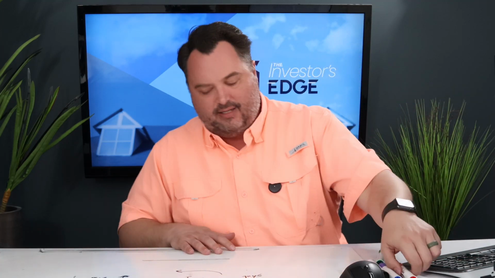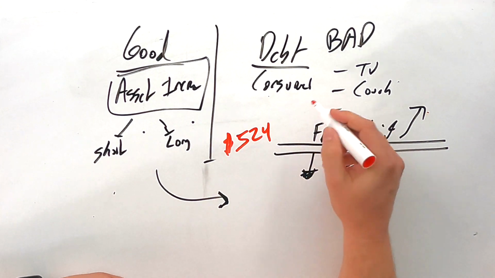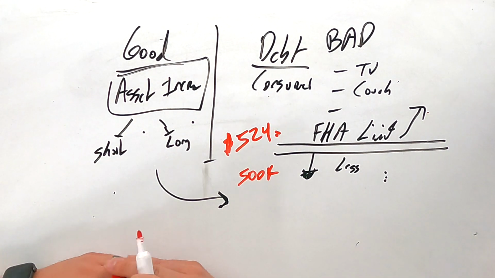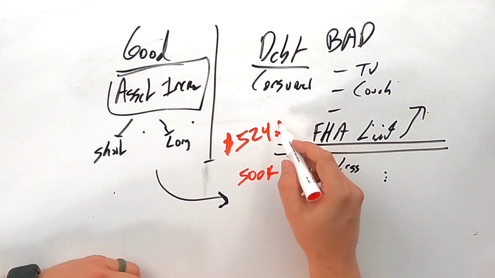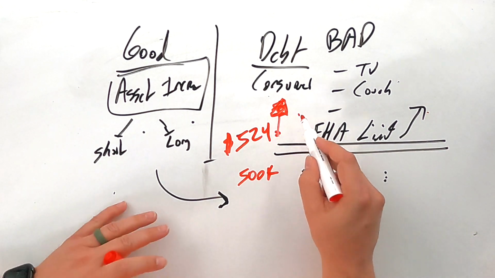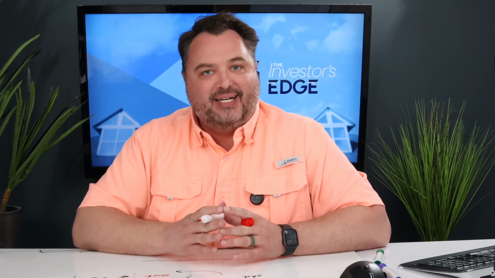So anything, if I've got debt on the property that's more than, say, 500,000, it's probably bad debt. Because I'm going to have higher risk selling something in these bigger packages than I would if it's under. So my rule of thumb would be to keep under that FHA limit as your debt, because that's going to be the ceiling for your FHA purchases if you had to resell the property.